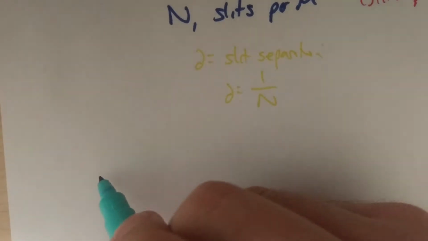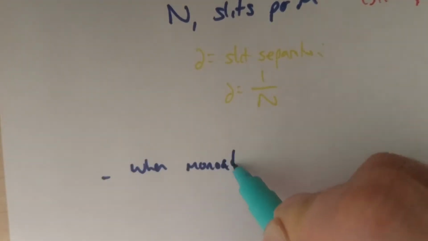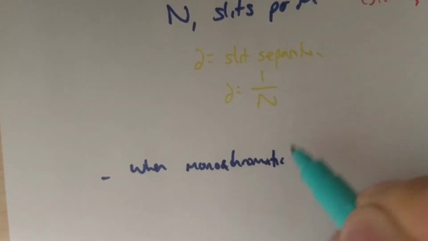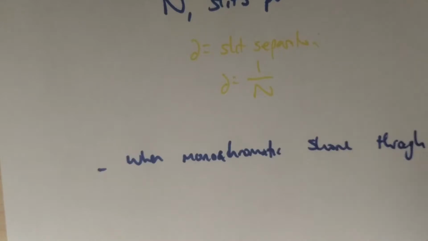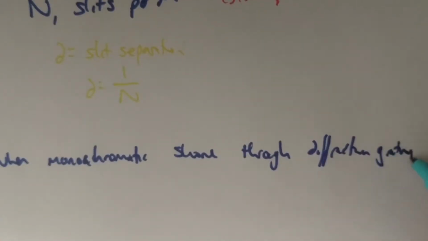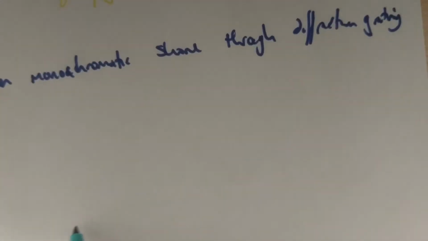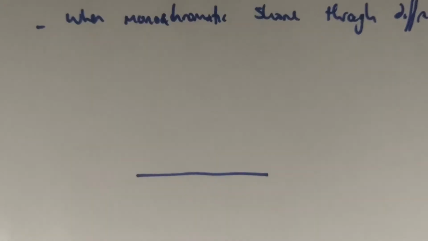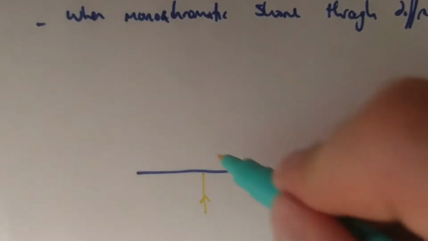So what we need to know is what happens when we have monochromatic light shone through a diffraction grating. So have our diffraction grating there, monochromatic light is shone in, and we see